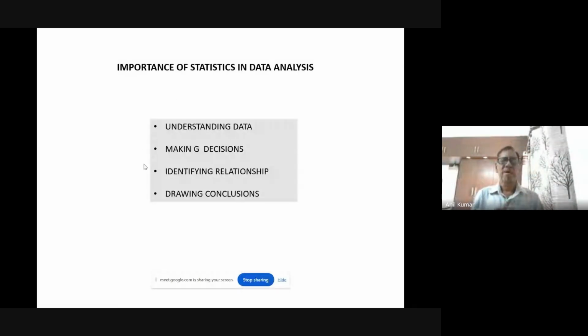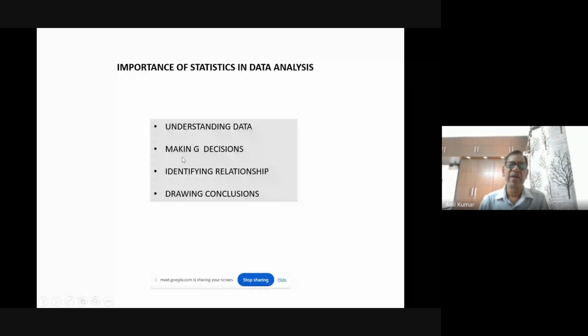To go into further details of the data analysis, it really helps us in understanding data. We try to understand data by way of having data analysis. We are trying to arrive at decisions by way of understanding data. So the importance of statistics in data analysis is that statistics helps us in understanding data,